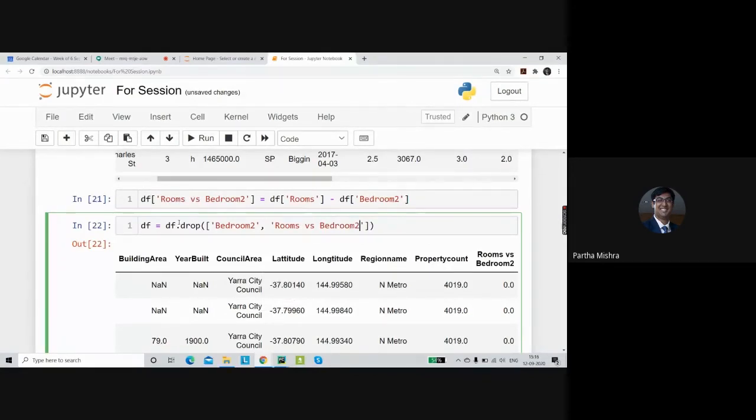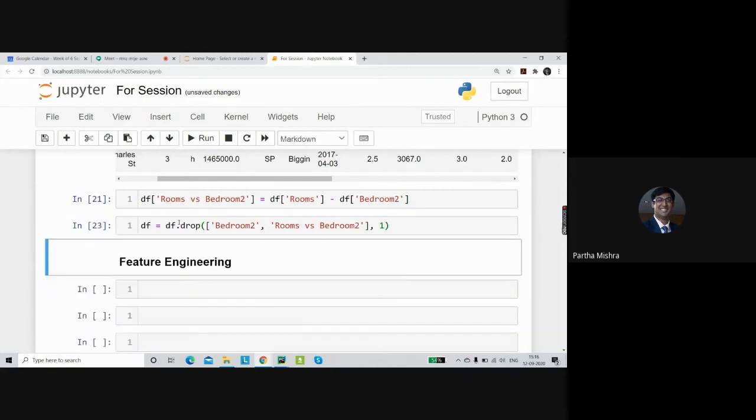After mentioning the column names, we have to specifically tell Python where to search. By default, it will search for those names in the rows. But if we mention comma axis equal to 1, it will search in the columns, where it will find them because these are column names. When we run this, the data doesn't have bedroom and rooms versus bedroom.